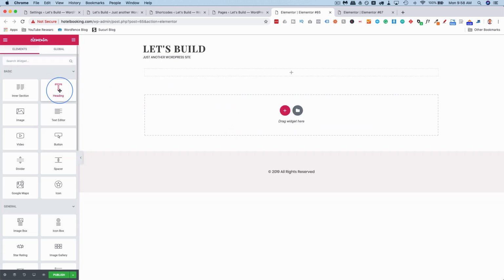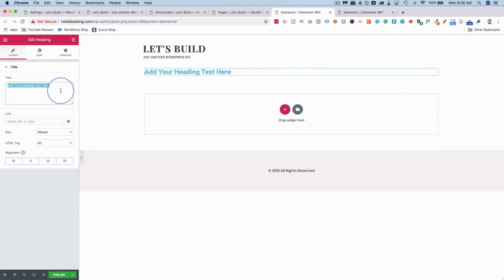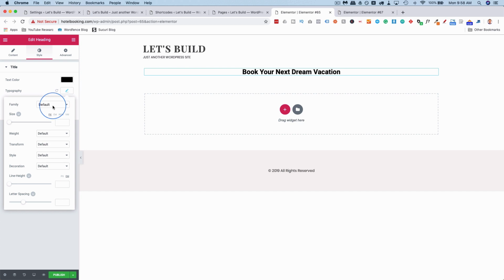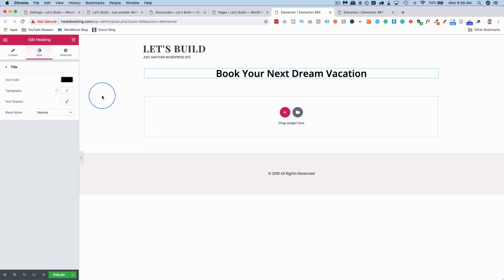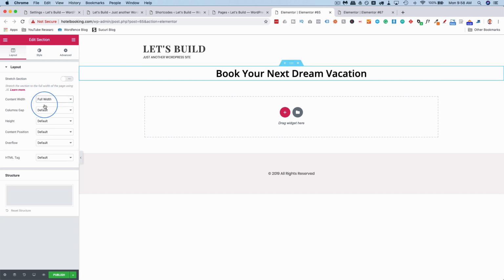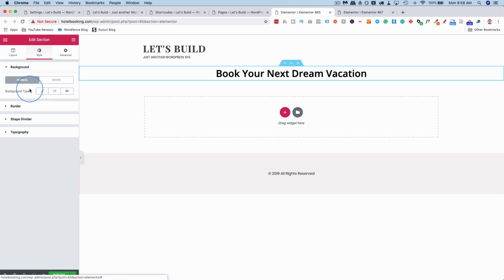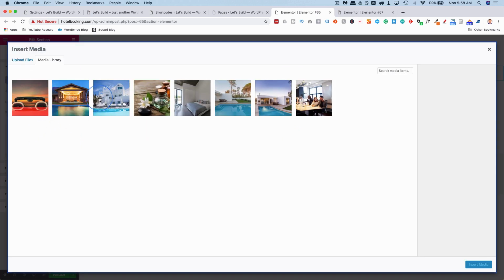And I'm going to add a heading to that and change it to book your next dream vacation. I'm going to center it, change the text color to black, change the typography to Open Sans, make it a bit bigger. There we go. And then under the section settings, the 6 dots, I'm going to make this full width and stretch it. Go to Advanced, go to Style instead, add a background image to the section, not the headline, to